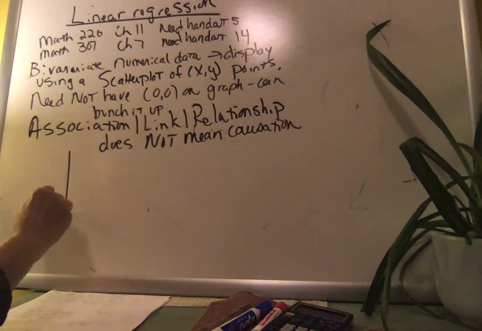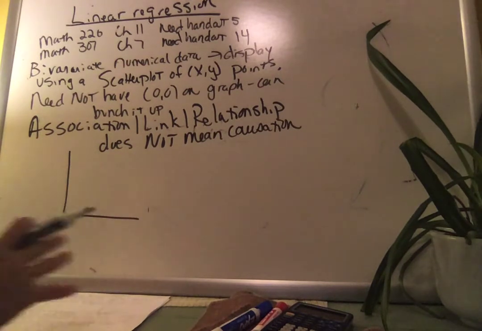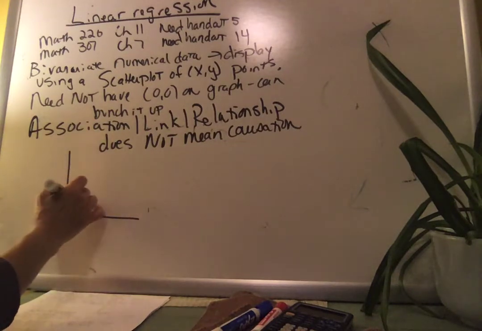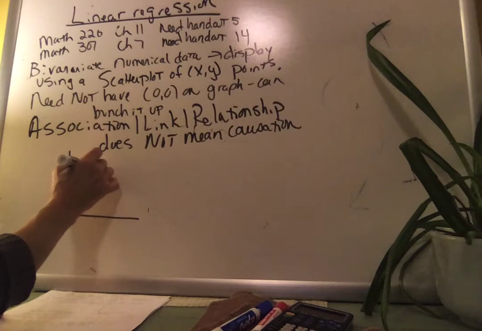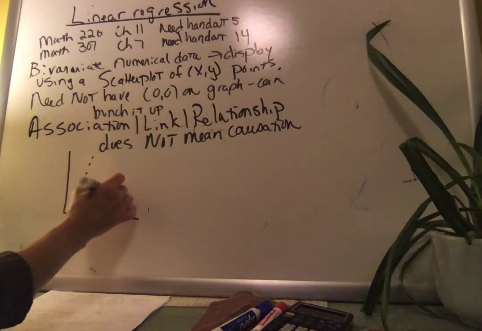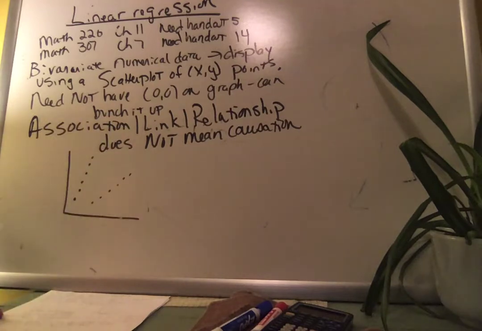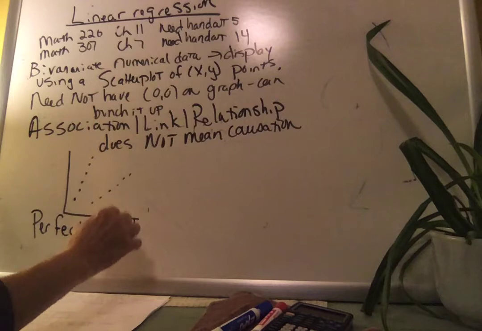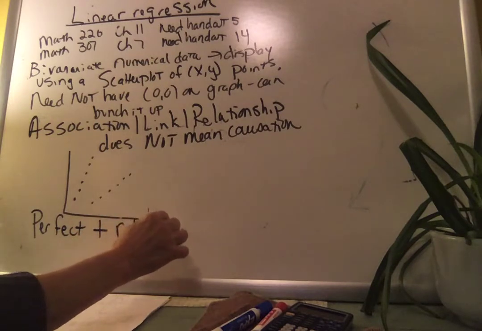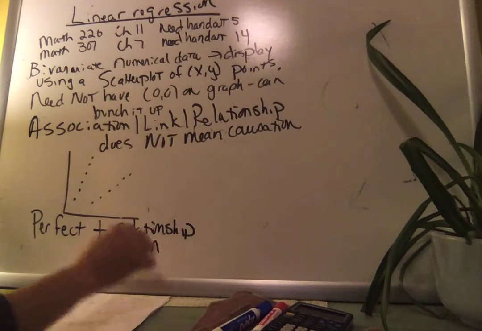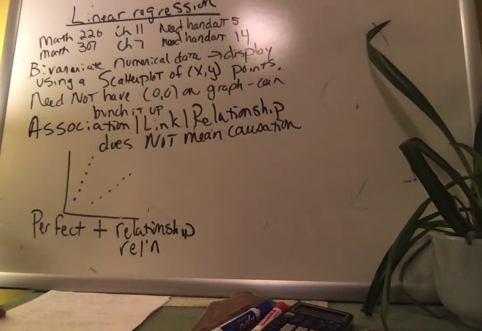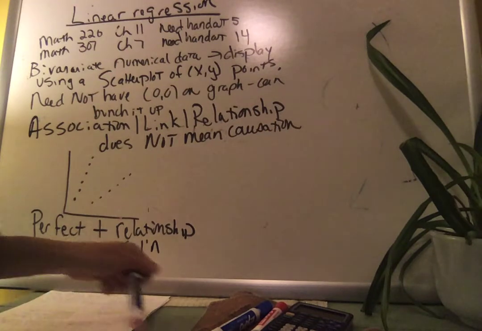Now, let's go. So the first 20 or 30 minutes here are kind of intro, background. I'm actually going to take a little bit of liberty right now, and I'm putting 2 graphs on one, okay? So you wouldn't put 2 graphs on one in real life, but I'm just trying to show you, let's say that was your data set, or let's say that was your data set. Both of these are a perfect positive relationship. And relationship is going to get spelled so often, I'm going to shorten it up to RELN. And what do we mean by perfect is